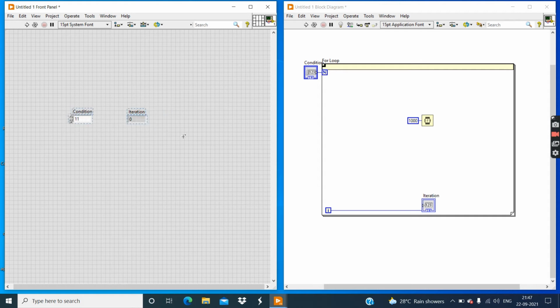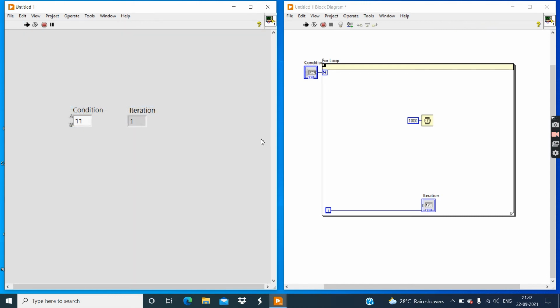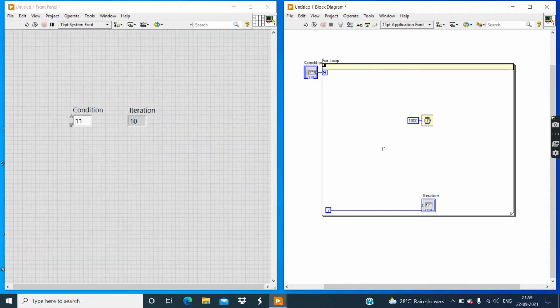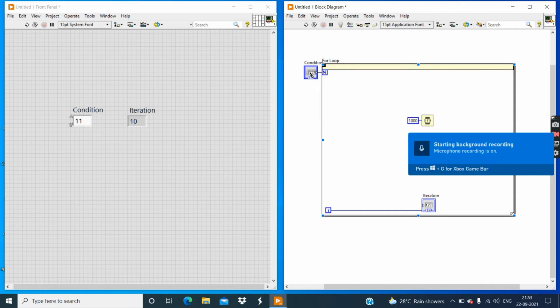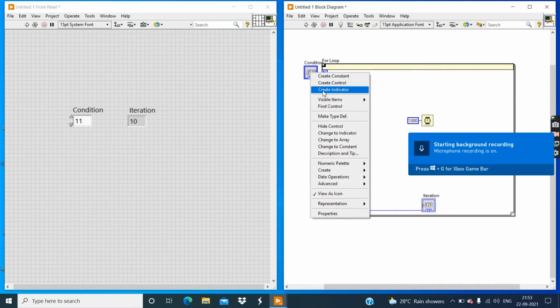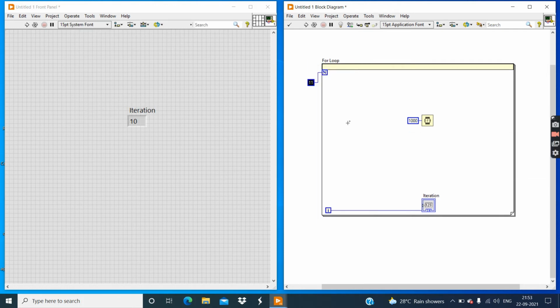Then select both the controller and indicator and increase their size to make them large. Now click on the run button. You can see an iteration after every 1 second, and after 10 iterations this program will stop. Now change this condition controller to a constant.